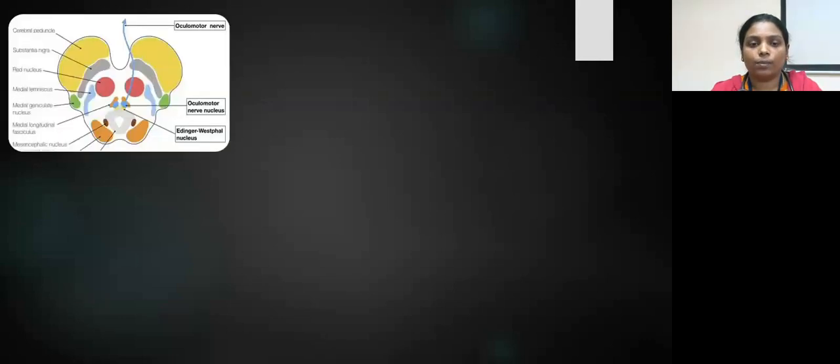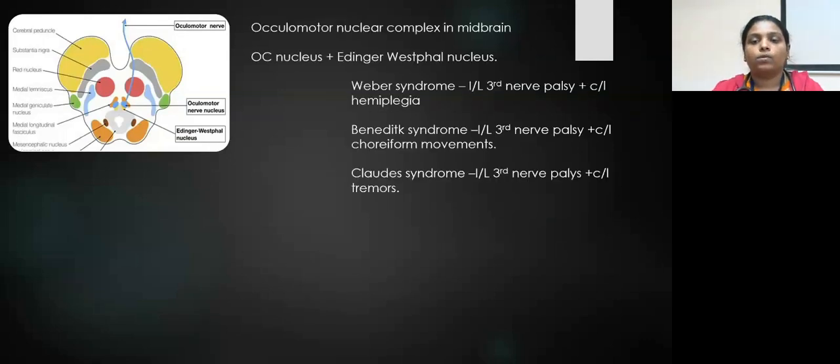So coming to the anatomical localization, we can look over the course of the oculomotor nerve, which arises from the midbrain by its oculomotor nerve nucleus complex, which contains the Edinger-Westphal nucleus. So when the nucleus is affected, the patient will have ipsilateral third nerve palsy with contralateral hemiplegia or paralysis, termed as Weber syndrome, or if it is the choreiform movements, the patient will have Benedikt syndrome, which means that the